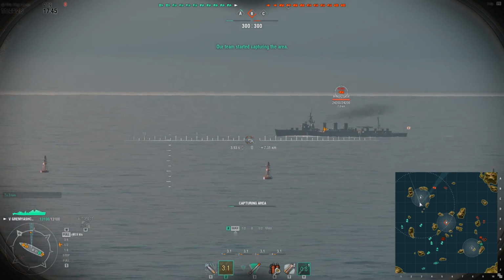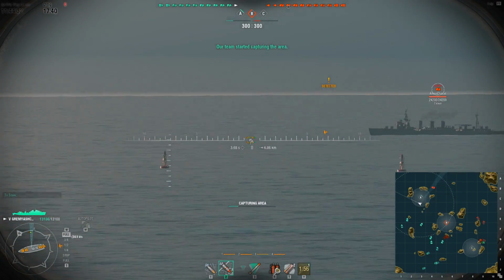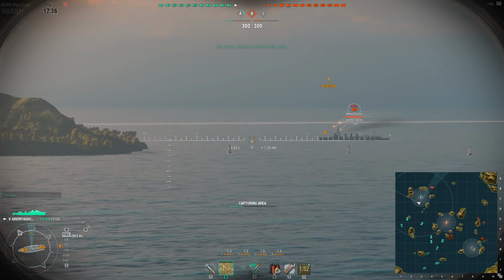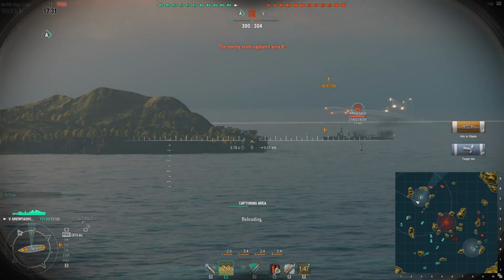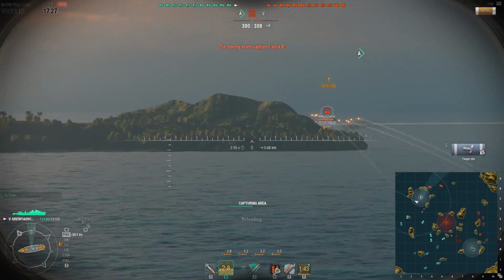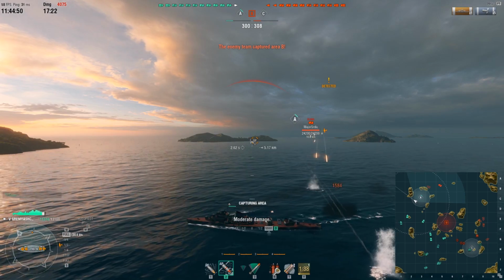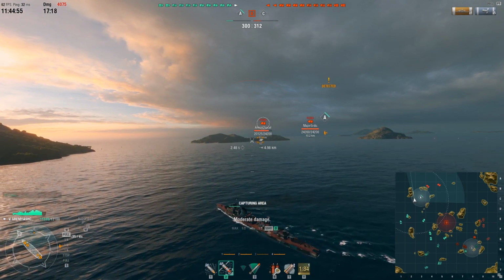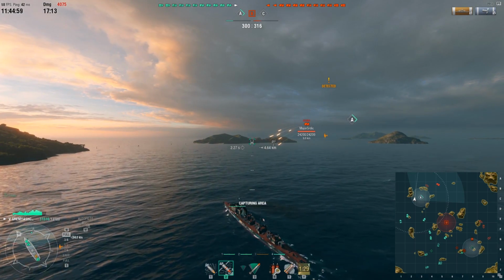So I quickly switched to armor piercing because it is a Kuma, which is really easy to penetrate with armor piercing rounds, and I get the Citadel hit on the first volley. Another shot, no Citadel this time, and the Kuma hides behind the island. But together with the other Kuma that's slightly behind, they managed to reset my capping efforts, and I'm almost back to square one. And again,